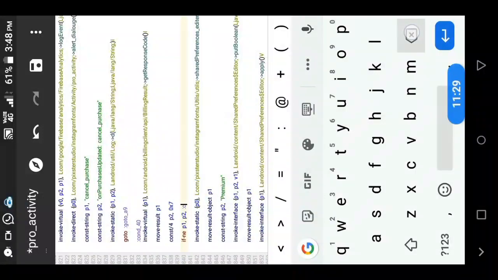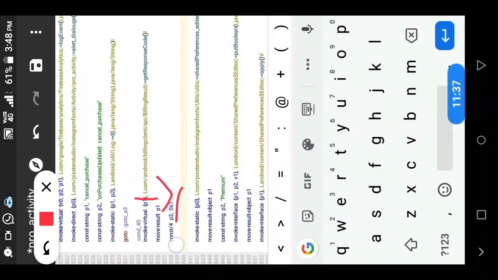To make this, I will just delete this line. So now when the code comes from cond_40 to here, there is no condition and it executes this whole code. When it executes this whole code, we will get the message: congratulations, you successfully restored premium pack. So let's compile it.